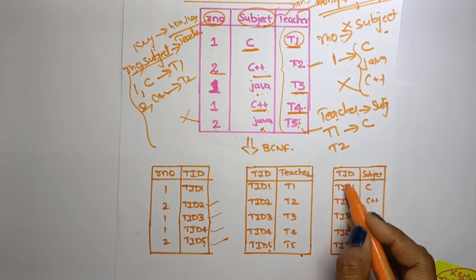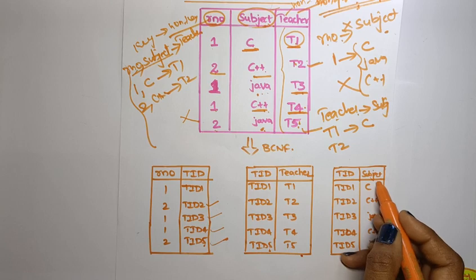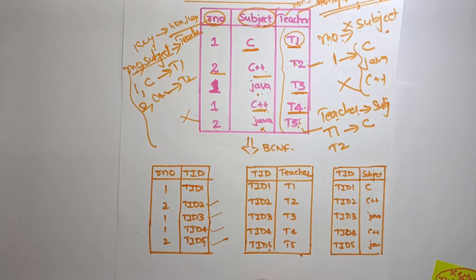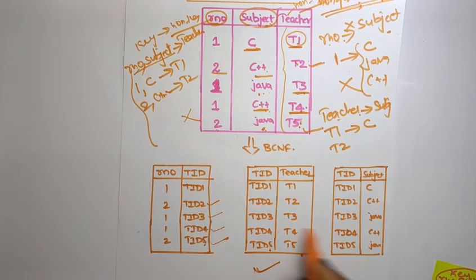Next one, for this teacher ID, which subject he is teaching: TID 1 means C, TID 2 means C++, like this. Now if you observe here, this table is in